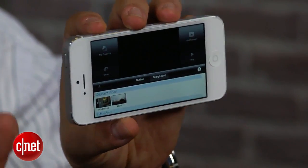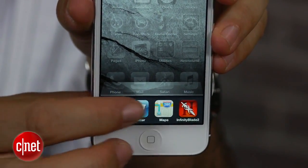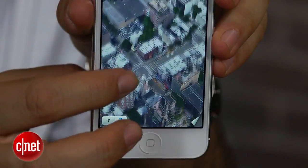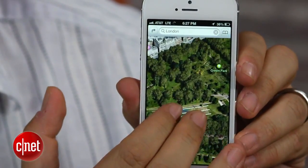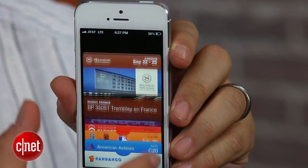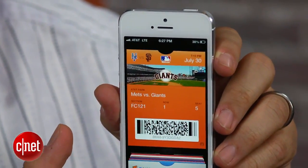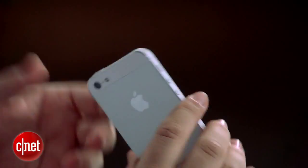Just like every year, one of the biggest features in a new iPhone is the new version of iOS. iOS 6 will be available for owners of older iPhones, but it's baked into the iPhone 5, and there are some features that will be really fun to use, such as the new Maps app that includes 3D flyovers, and Passbook, which is an interesting Apple-created concept that you can get via other apps that allows you to use your iPhone as a mobile wallet. Now, there's no NFC or near-field communication on this phone, so you can't magically swipe it and have it make